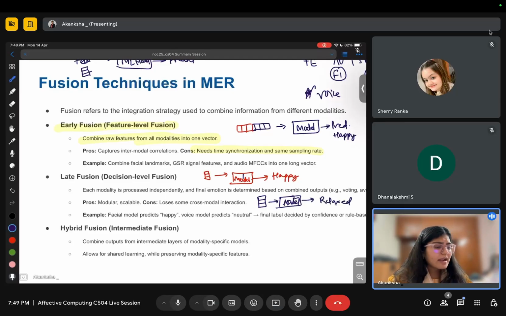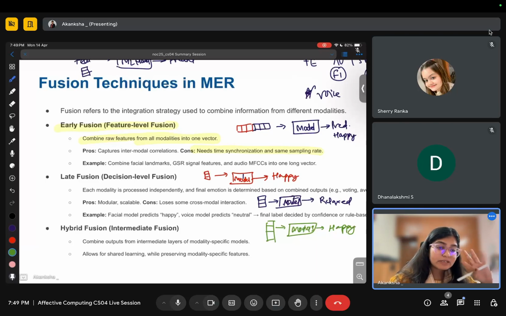And there is another model, model 3, which gives happy. Now you can use a voting mechanism to fuse the decisions of the three. Two are saying happy, so I can assign the final label as happy. The benefit is that it is modular and scalable, but then